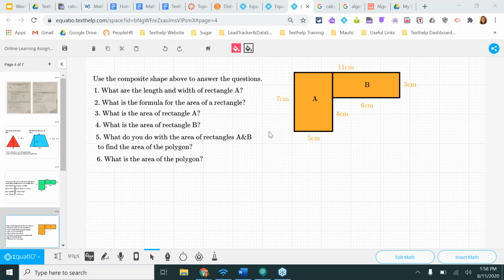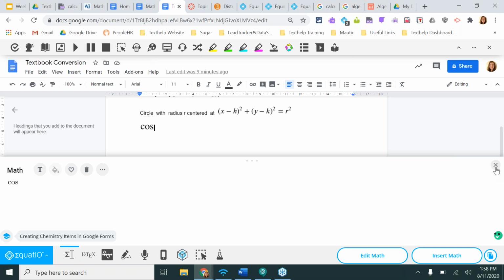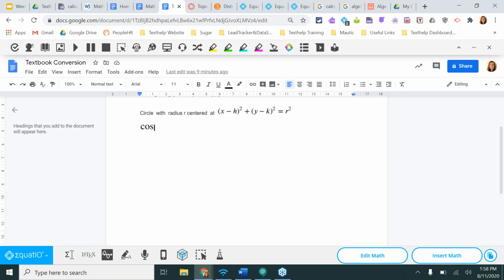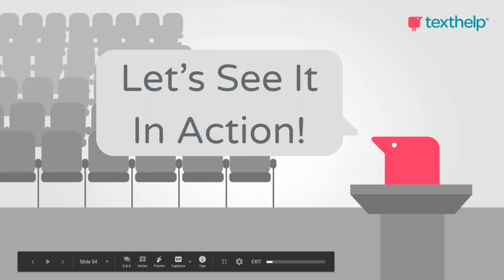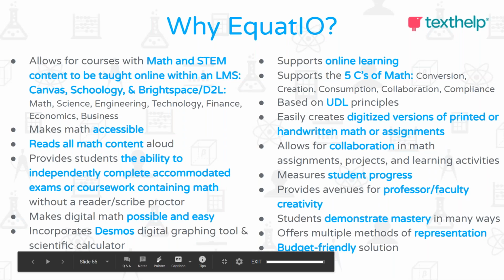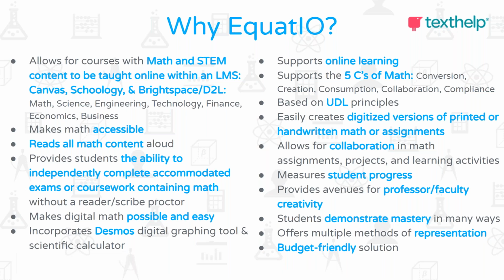Robin says, does that create MathML so that it's fully accessible with a screen reader in reference to EquatIO and Canvas? Yes, Robin, those same MathML descriptive text features that I showed you that happen within something like a Google Doc carry over to Canvas and carry over to D2L. We wanted that continuity so that students who use screen readers can actually have access just like their peers. That's a really great question. Those features do carry wherever it goes. And that includes when you're copying it to other places that have the ability to have alt text put into an assignment, a document, etc. That carries if the alt text is there.